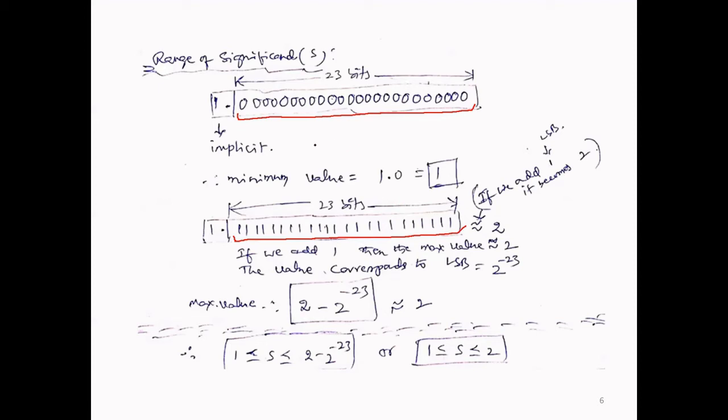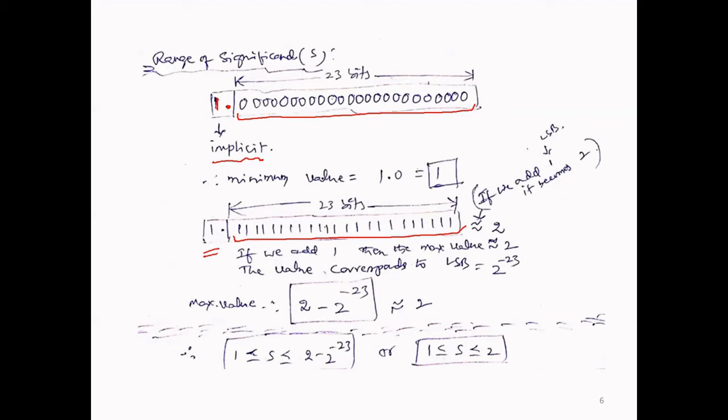But here is one point you have to remember: implicitly in a computer, for normalization, there is a 1 point, with the binary point at the leftmost and a 1 there. There is no need to store that 1; it is implicitly represented by the hardware. That point you have to remember, that is for normalization. In the same way here also, the 1 point, all ones, is the maximum value.